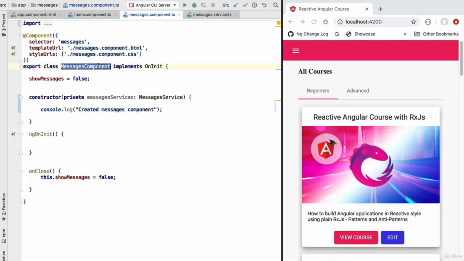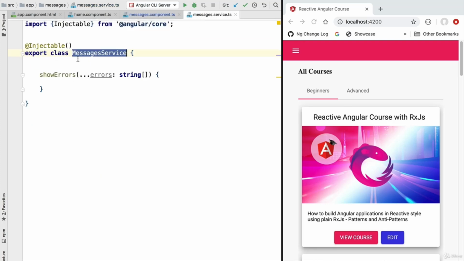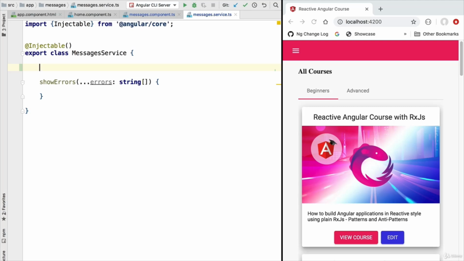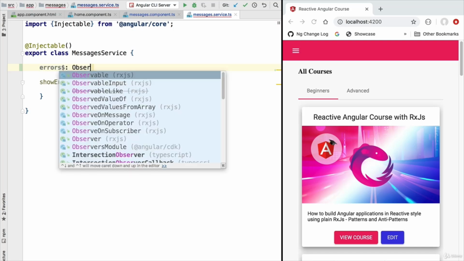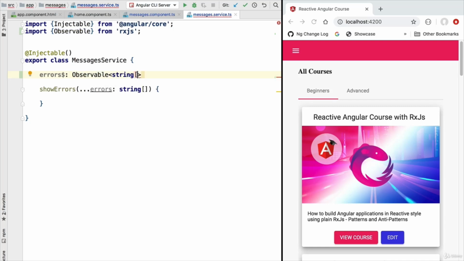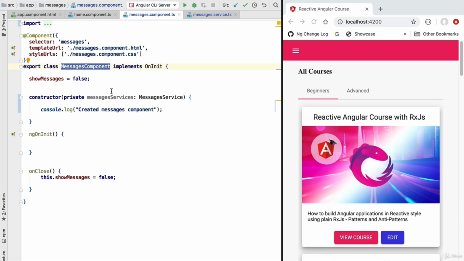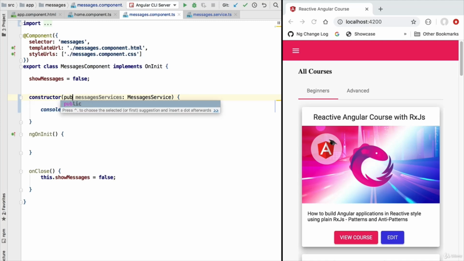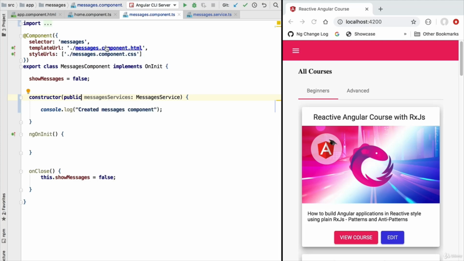Now let's talk about how will the messages component interact with the messages service. So as usual, our messages service is going to be providing here in its public API an observable, and this is going to be the errors observable. This is going to be an observable that emits as values string arrays. So our arrays are in this implementation lists of strings. Using this errors observable, the messages component is going to be able to access the messages and display them to the user. Now let's make this messages service public so that it's reachable here via the template,